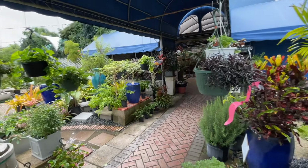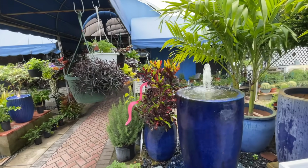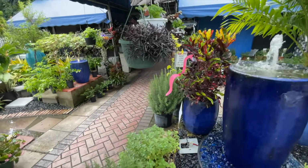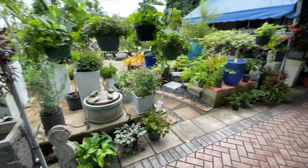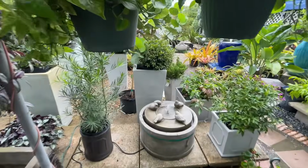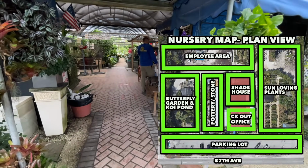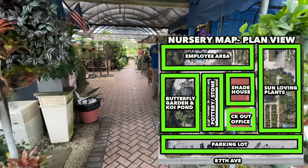Look at all these fountains. Aren't they beautiful? Ooh la la. Oh, I love fountains. Oh, look at the little birdies. That's so cute. And now, I'm going to go take a look-see at some of the other wonderful things they have